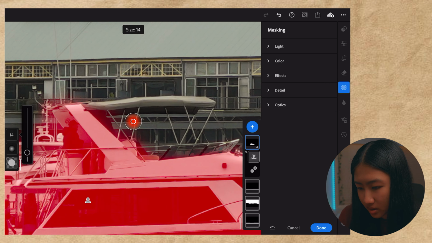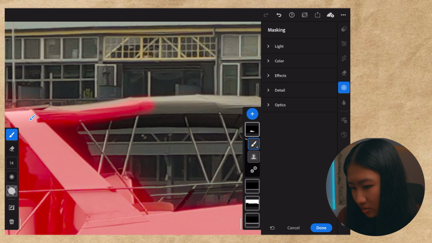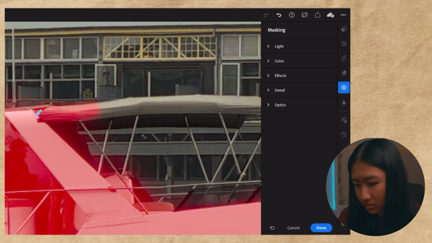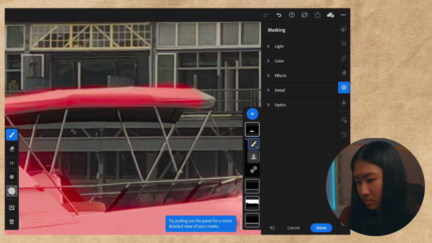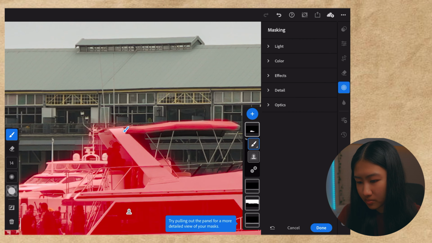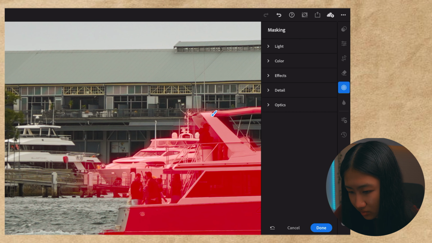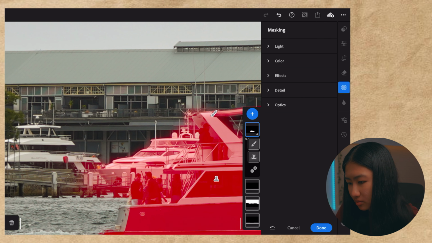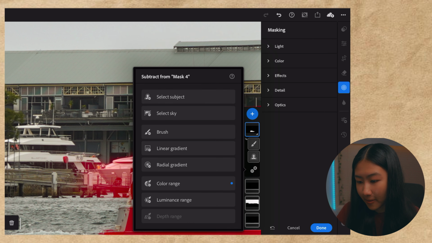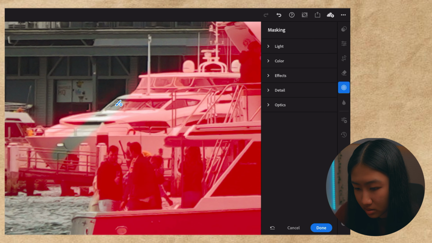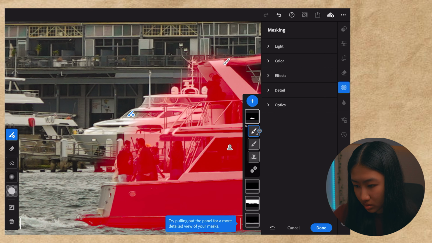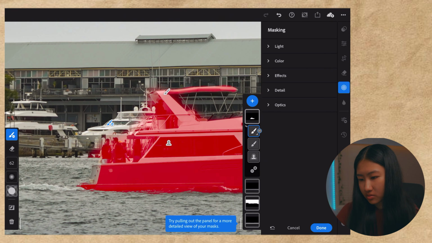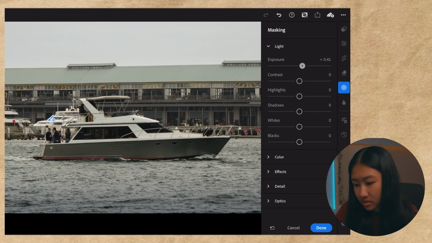Select the subject. The parts of the boat that weren't selected, I'm going to brush over that. It doesn't have to be too precise. And I'm also going to remove the parts that were selected that I don't want to be selected. Again, it doesn't have to be too precise. And I'm going to increase the exposure